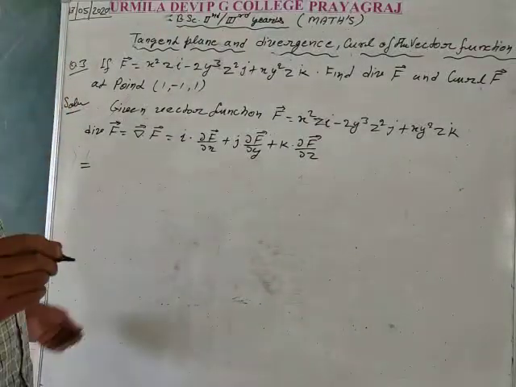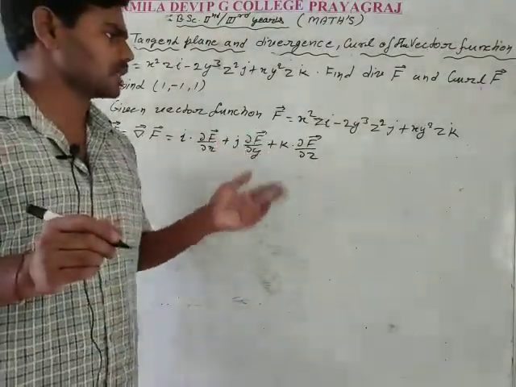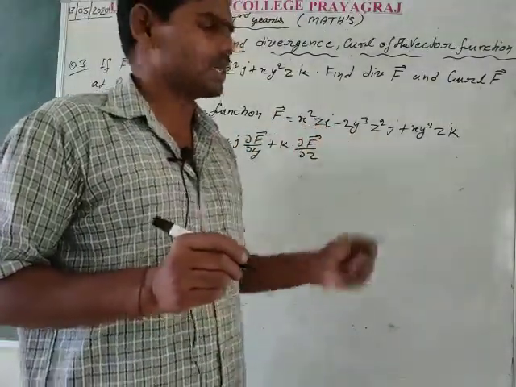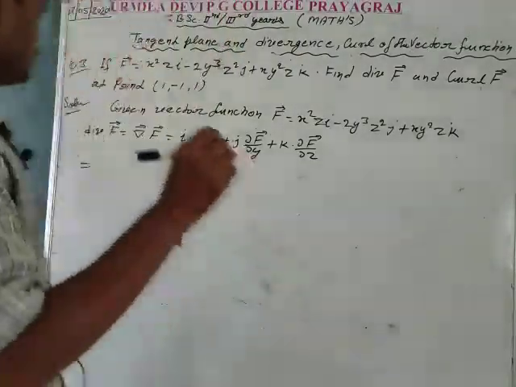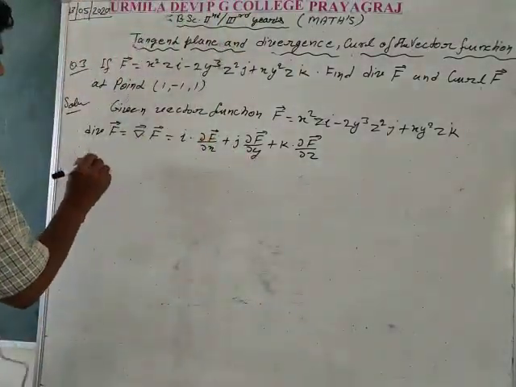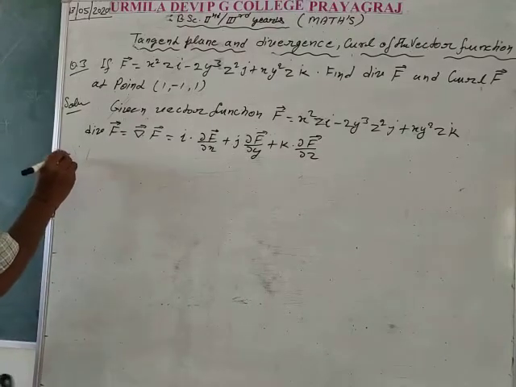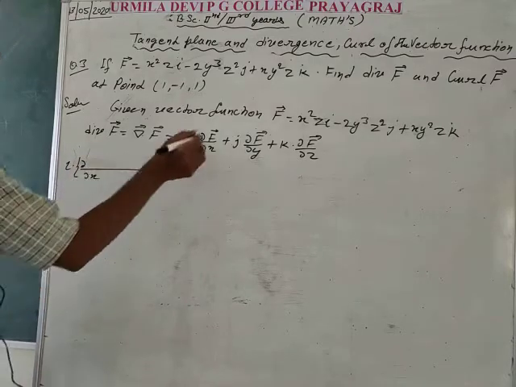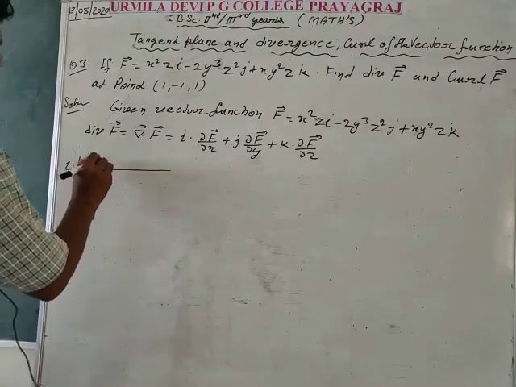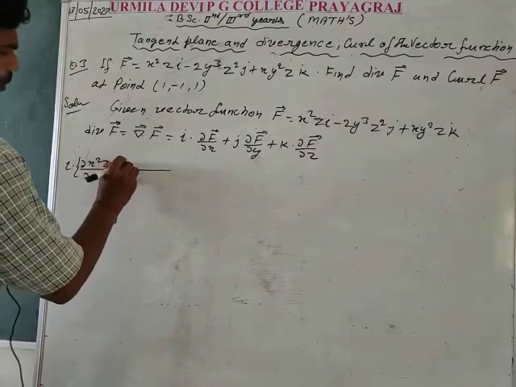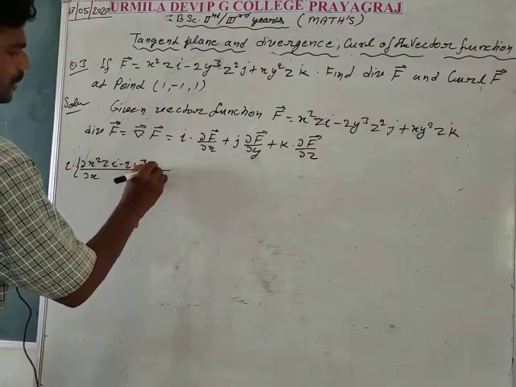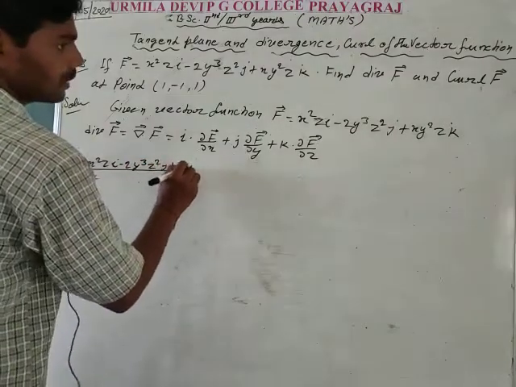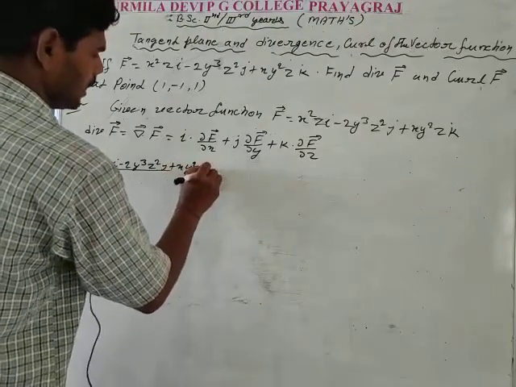Putting the value of vector point function f, which is given as x square z i minus 2 y cube z square j plus x y square z k. So here, putting the value of f, i times dot product of i in bracket, del by del x, of x square z i minus 2 y cube z square j plus x y square z times k